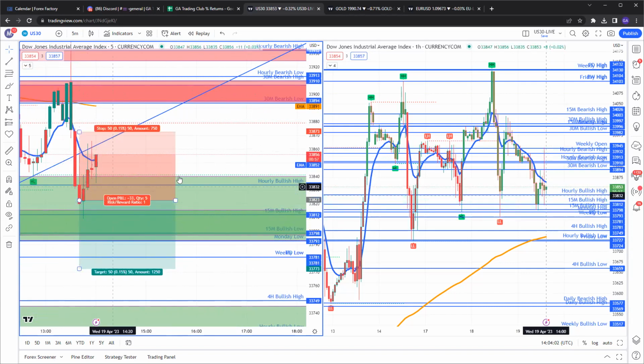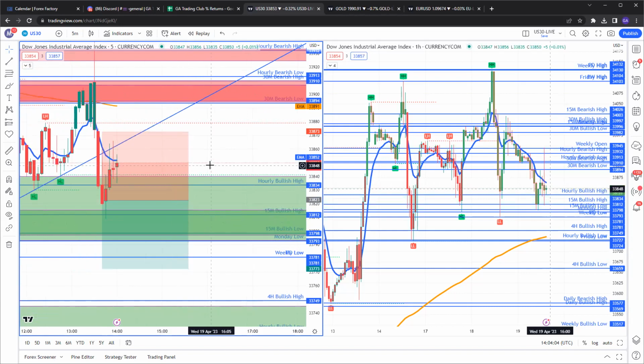So that trade was valid as is. However, as much as that trade is valid, you need to ask yourself, where is the most optimal point I can enter this trade? Same thing with the signals, right? My AI enters the signals